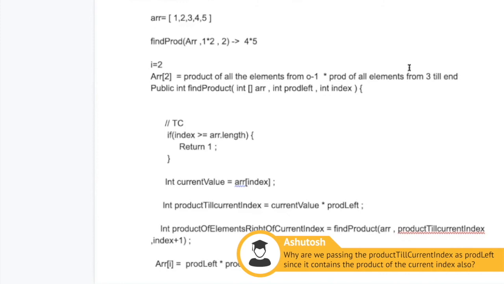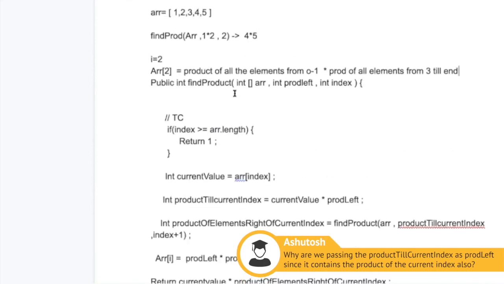This is my condition. The element at the given position should be replaced by the product of all the other elements. So if the position is 2, it has to be replaced by the product of all the elements from 0 to 1 into the product of all the elements from 3 till the last element of the array, right? This is what we have to do.